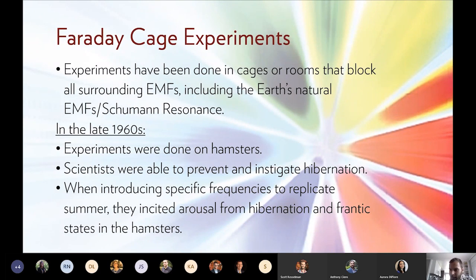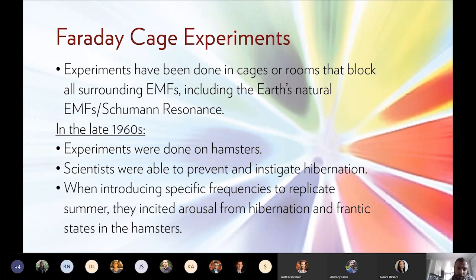A Faraday cage is something that blocks out all surrounding EMFs, so they can block out the Schumann resonance and basically shield them from all waves, and then they can input waves of their choosing into the setup. And they were able to prevent hibernation, instigate hibernation,